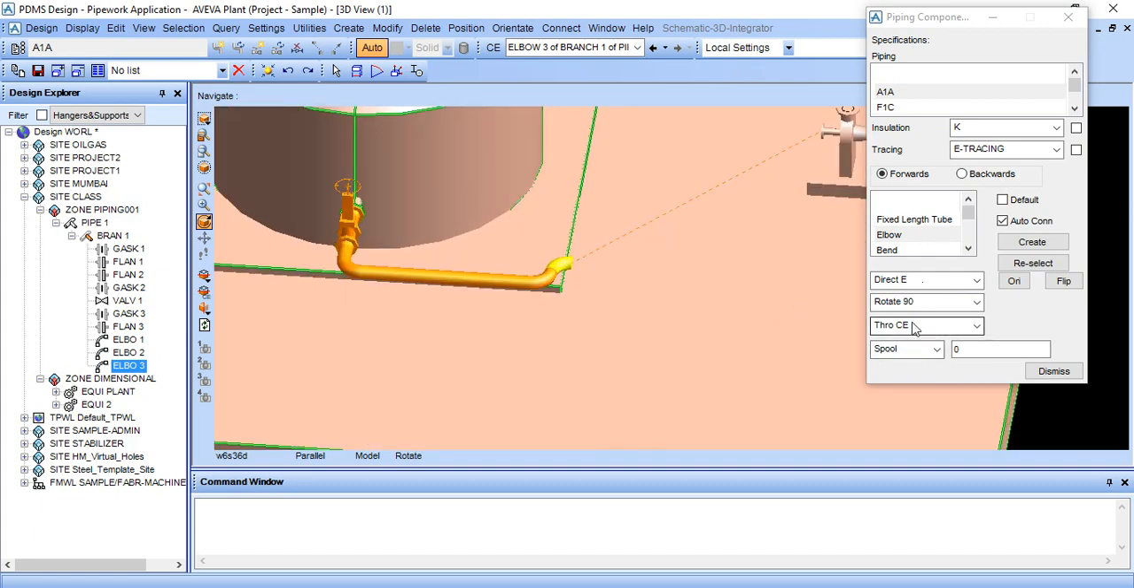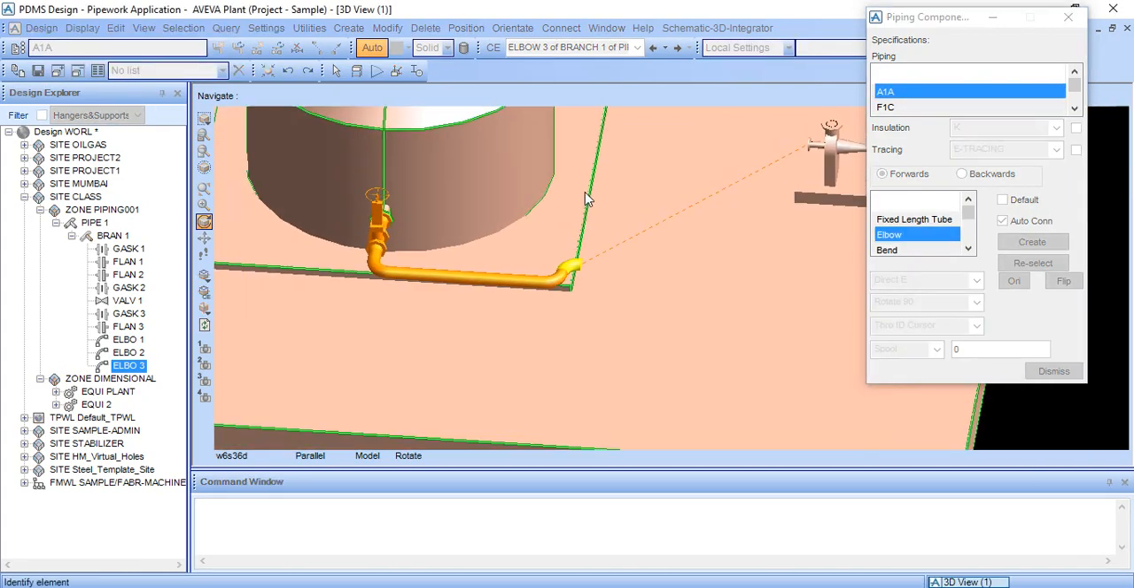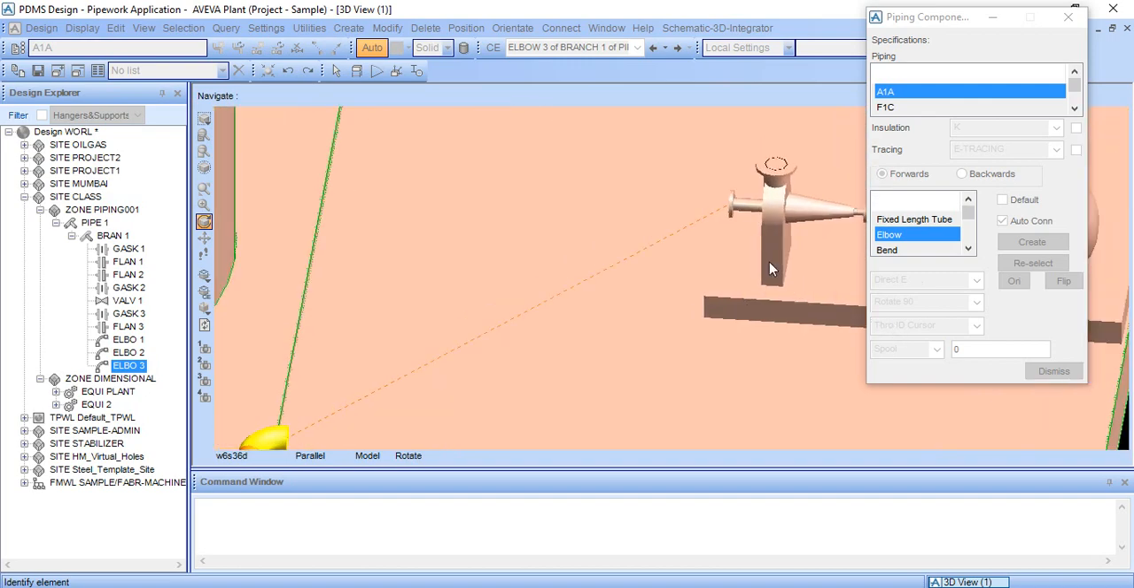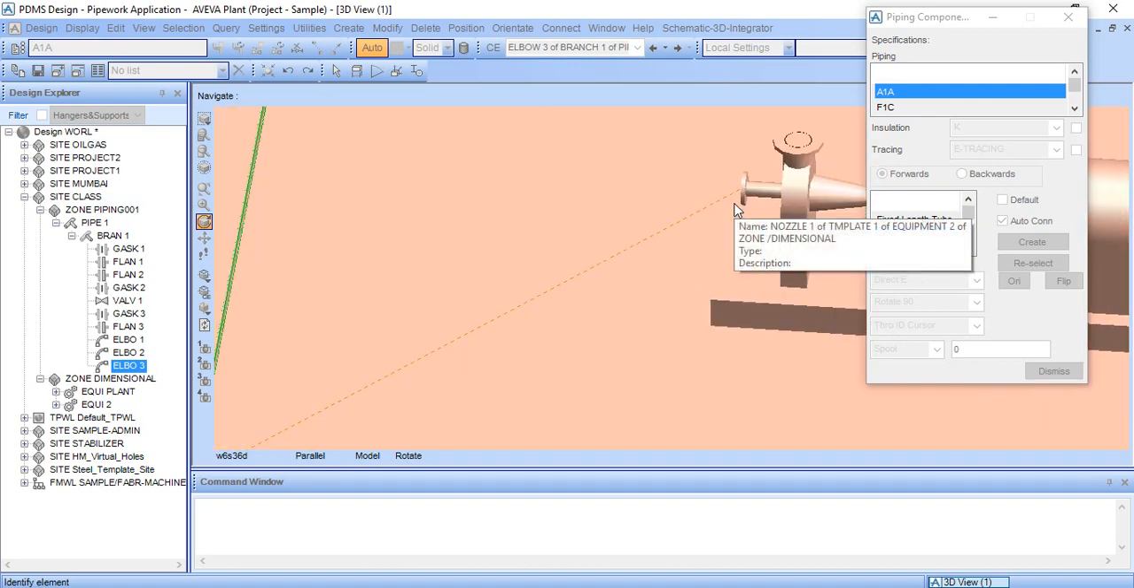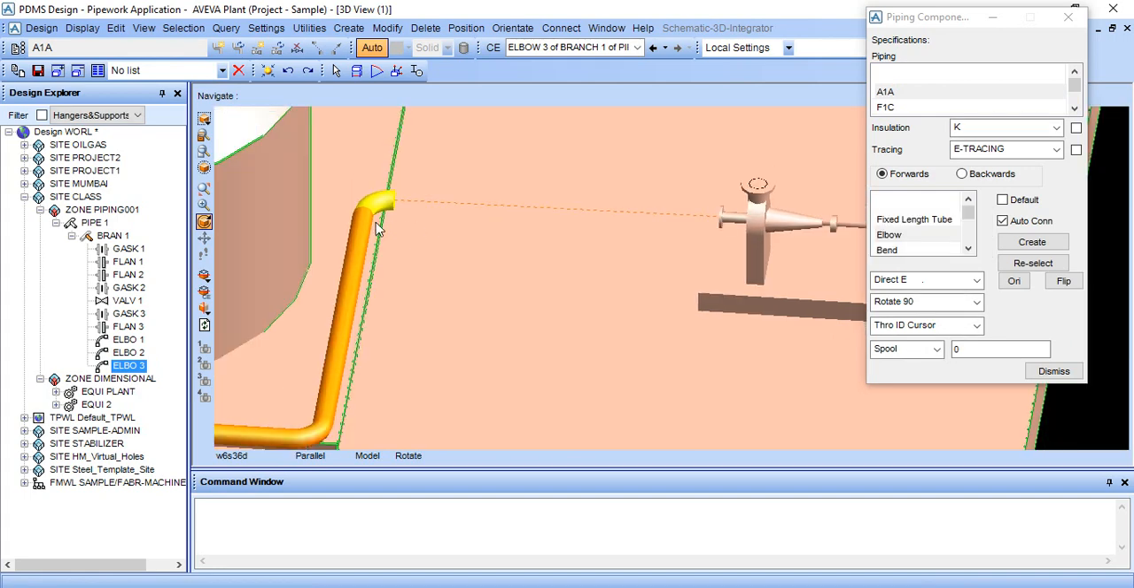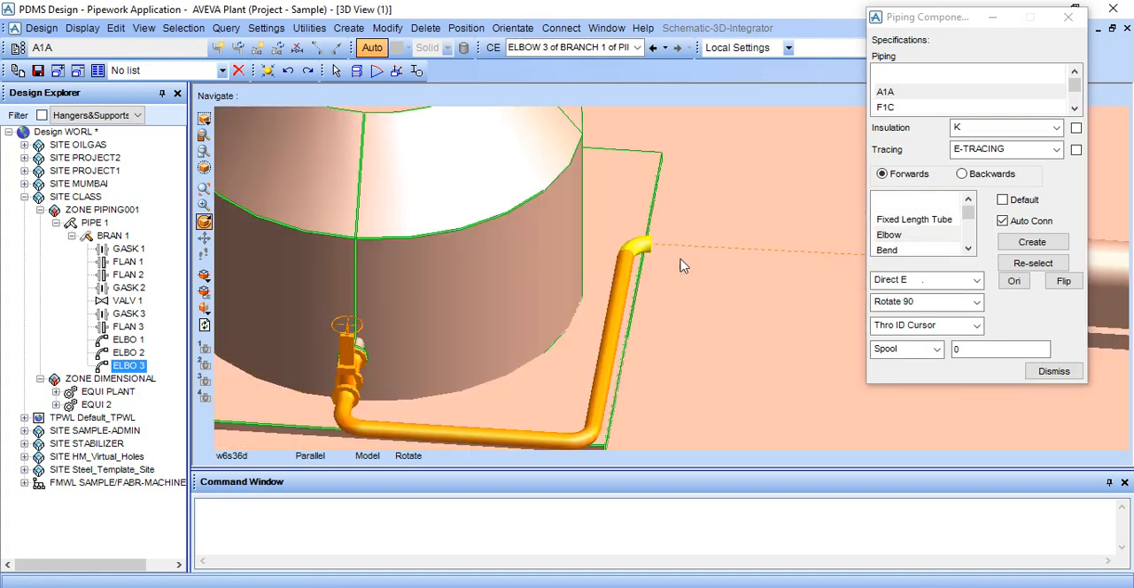Here is one of the best options in this software, the ID cursor. Select on this. You don't need to measure this distance. Just click on ID cursor and click here. So it will come up directly here. And then after,